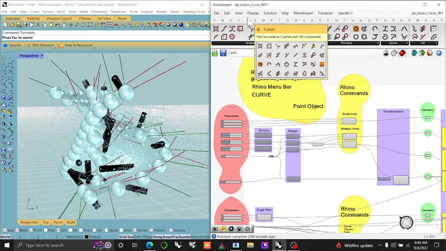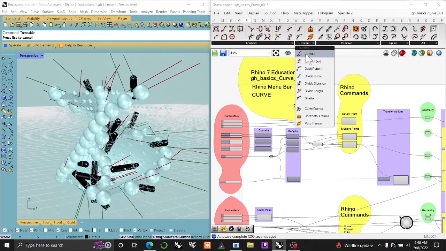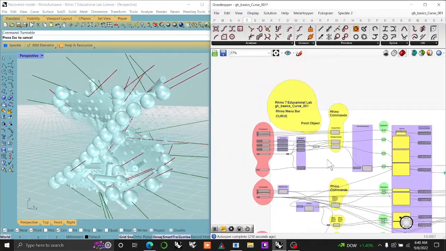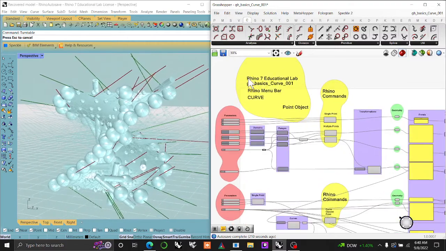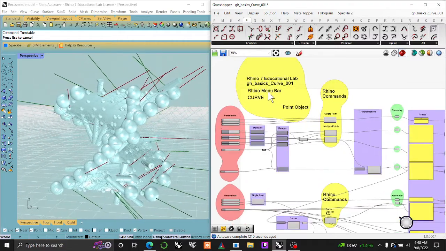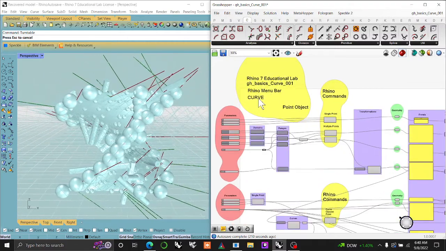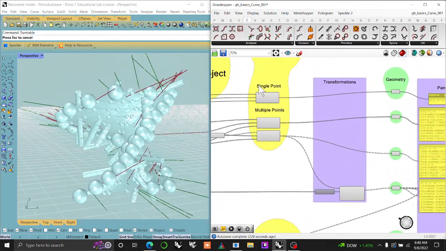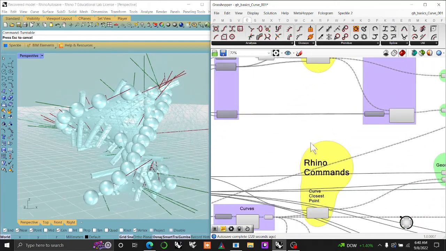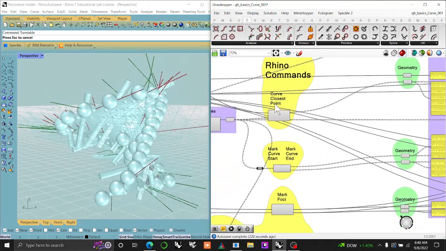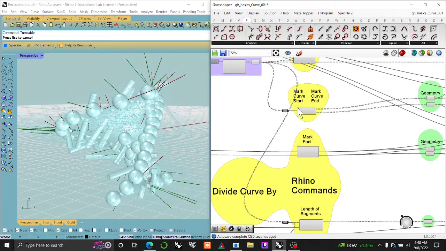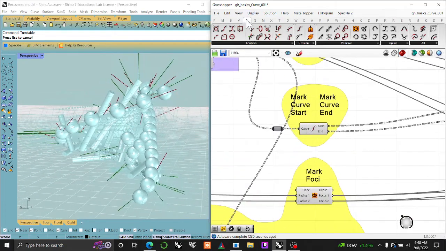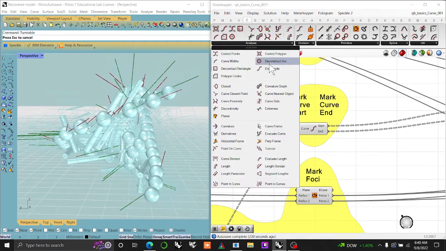Because over here in the curve menu, as we think of that last division, there are many ways to divide curves. So yesterday I went through, and you can see the organization is the title, Rhino 7 Education Lab, GH Basic Curves, Rhino Menu Bar, Curve, Point Objects, and then you can see the single point, multiple points, Rhino Commands, Curve Closest Point, and then I've extended this to finding using the curve node over here in analysis, which is